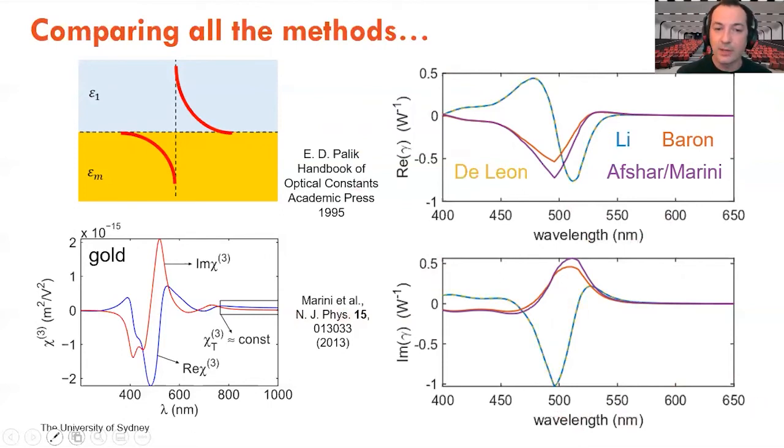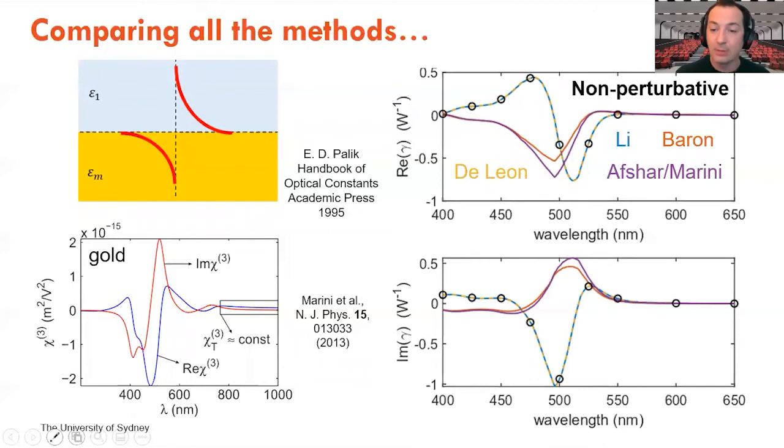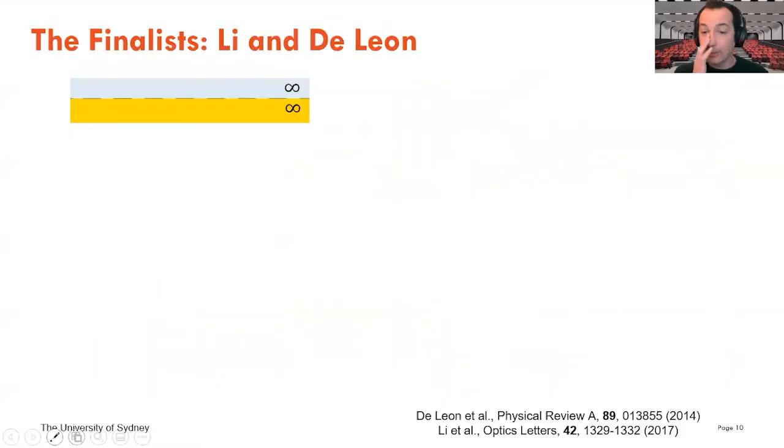And so if we then look at DeLeon, we find that DeLeon and Lee do agree in this region. By comparing with the non-perturbative numerical approach, we find that Lee and DeLeon are the ones that best describe the nonlinear coefficient. And so we have two potential expressions for gamma. We have the finalists, to all those that are missing the Euro 2020 tournament, Lee and DeLeon, which